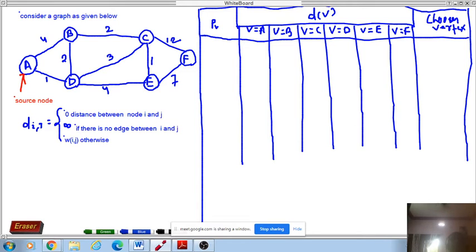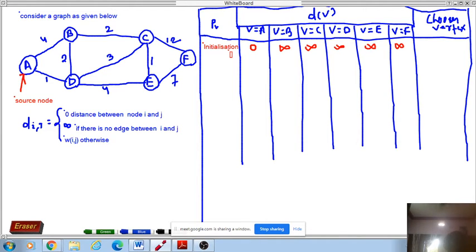First you make an initialization in this graph. What is the initialization? The first vertex should be the source, so the path from A to A will take 0. And all other vertices I should make infinity, if there is no edge between i and j. Because it is A to A, I am initializing to 0. All other vertices I am initializing to infinity. So these are all infinite paths I am declaring.